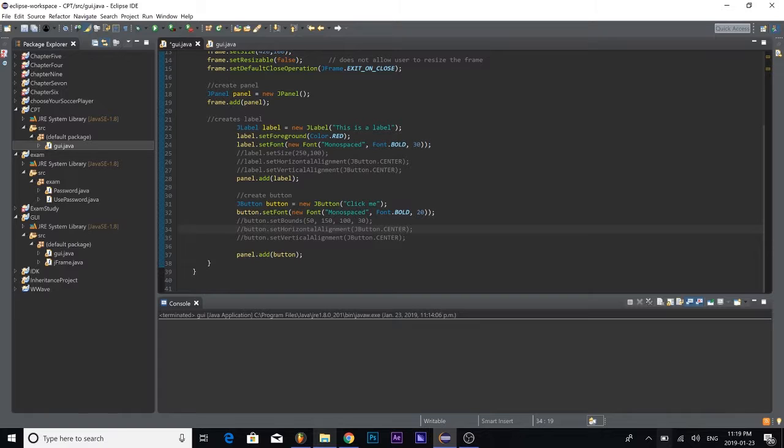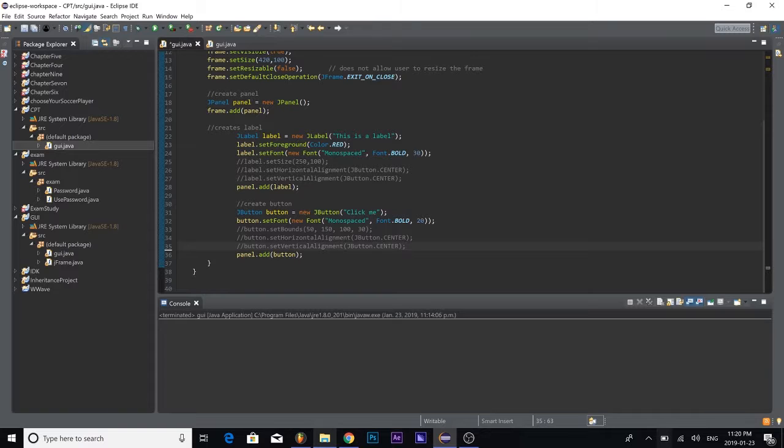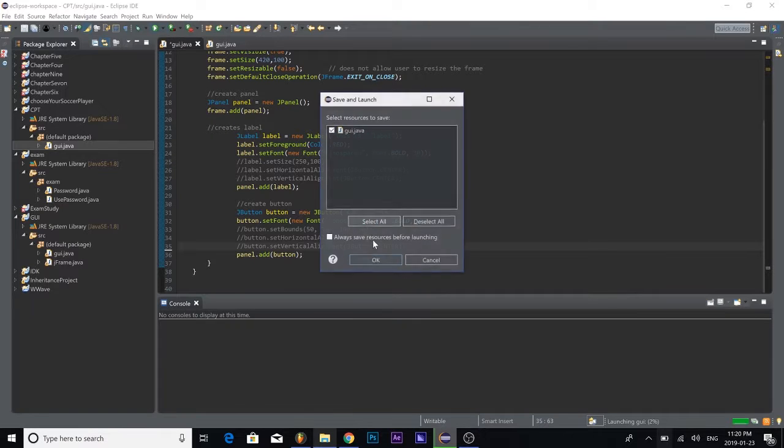You could also do a button.setHorizontalAlignment and a button.setVerticalAlignment. It works the exact same way as a label does. Using those two methods, you could set wherever you want your button to be on the horizontal axis and the vertical axis. And the way to add your button to your panel is just by typing in panel.add and then button. So if we run the program so far,